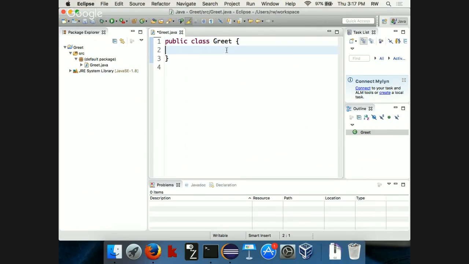There's my program greet. I'm going to write the main routine. Now, as soon as I start typing, you'll notice that Eclipse is